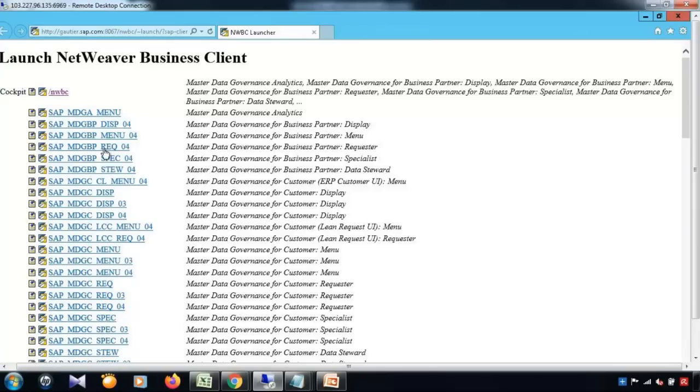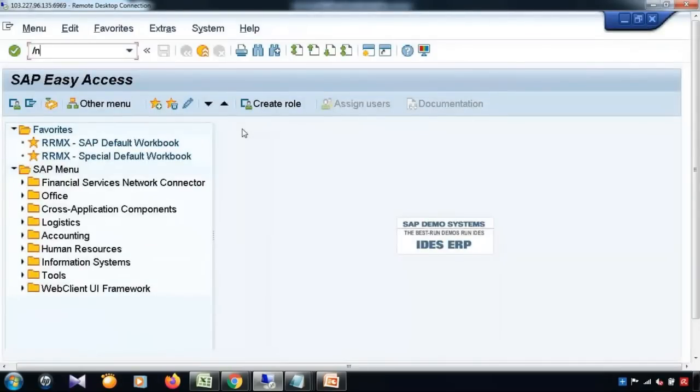So I need to create that role because inside that role I will have my execution details. So I will go to the transaction PFCG. The PFCG transaction is basically to create the roles. Now let me tell you, being an MDG consultant, you may not need to deal with this transaction because this is the transaction which basically deals with the GRC or the SAP security team. But if you know this transaction, it will be an added advantage for you